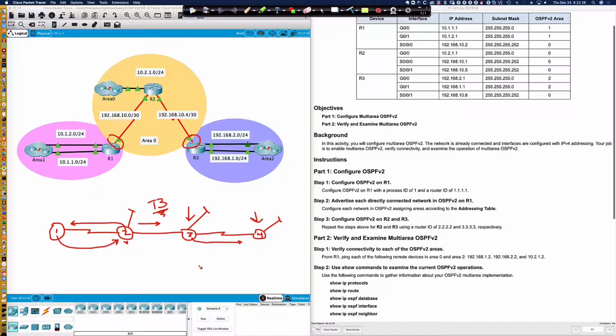Now, one of the first things that will confuse learners is when they hear summary LSA, they think, oh, you mean like IP address summarization. No, we're talking about a summary of the area. And so it's going to pass along information that represents the summarization of the networks in the area, but it's not summarizing those networks in the classic sense of,